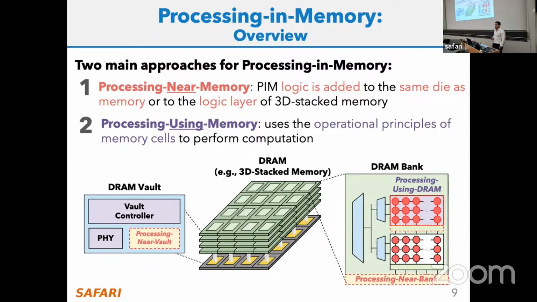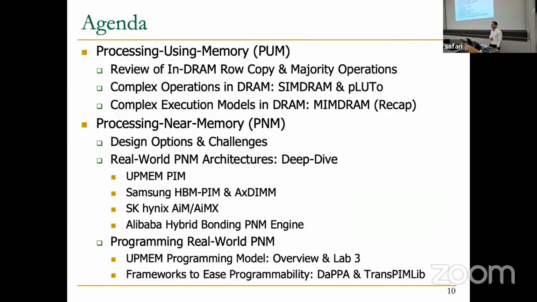The second approach that we mentioned in the lecture was processing using memory architectures. And here, the process is completely different from what we are used to in von Neumann architectures, because we are not going to distinguish the components of the system into computation and memory. Here, the memory itself is going to be used for computation, and we are just going to use the analog operating principles of the memory cells themselves to perform computation. So that was an extremely fast recap of what we saw in the early lectures on processing in memory.